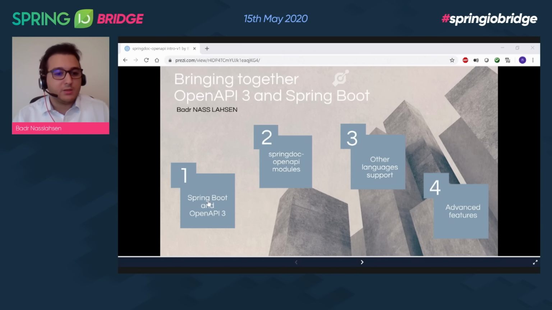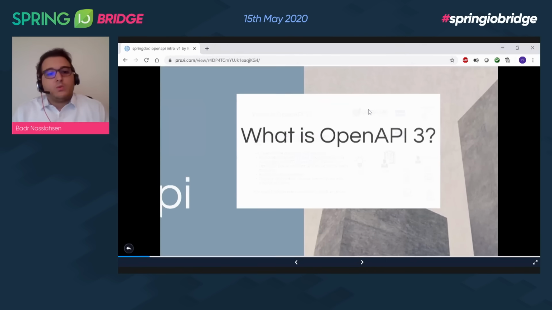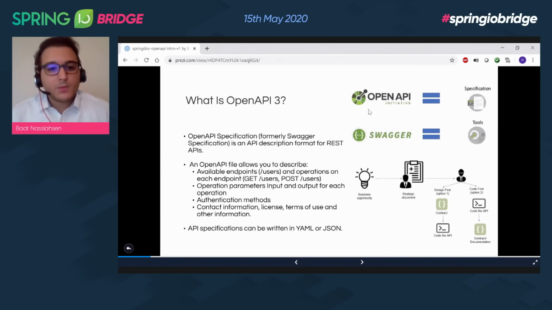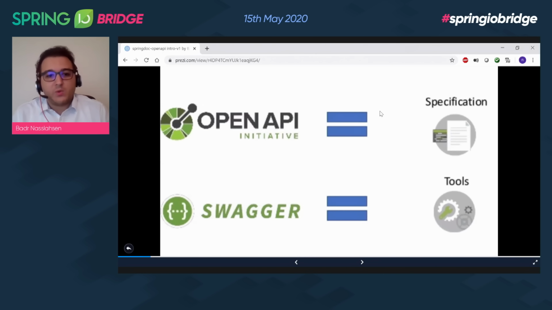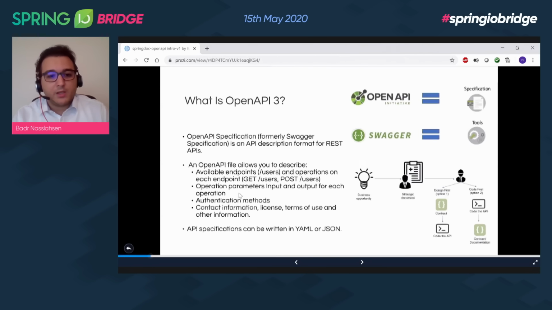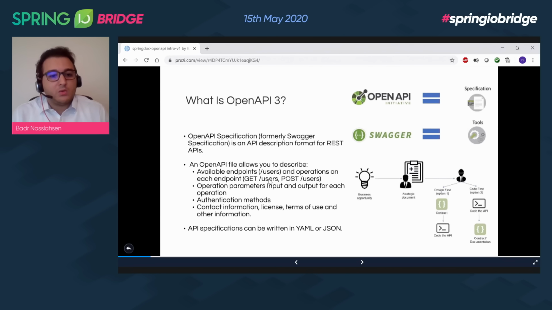So let's start and have a look at what is OpenAPI. So OpenAPI specification, formerly called Swagger, is a format to describe the different REST APIs. Traditionally, when we say OpenAPI, we want to talk more about the specification, and Swagger is the tooling around OpenAPI. And an OpenAPI file or an OpenAPI specification will allow you to describe the different endpoints of the API,